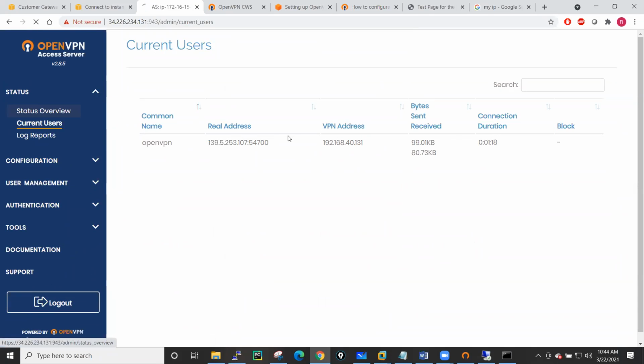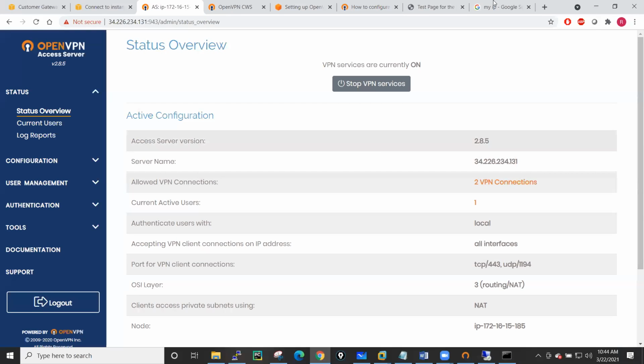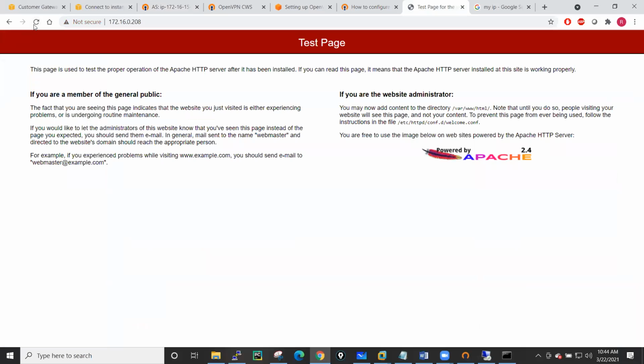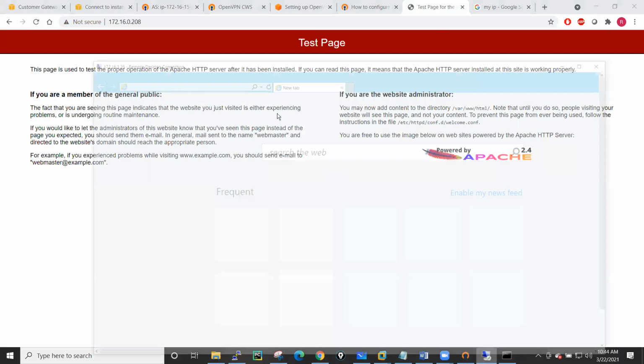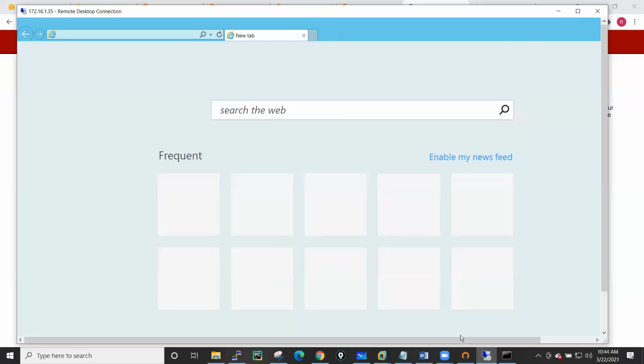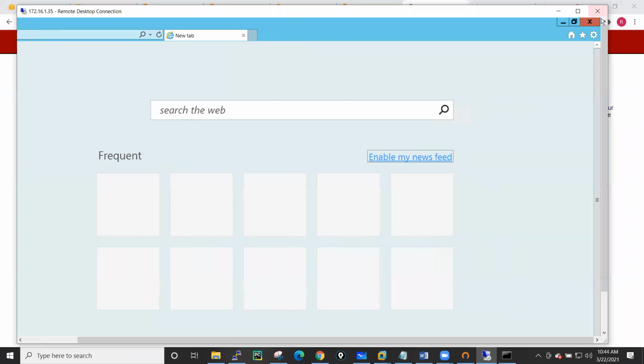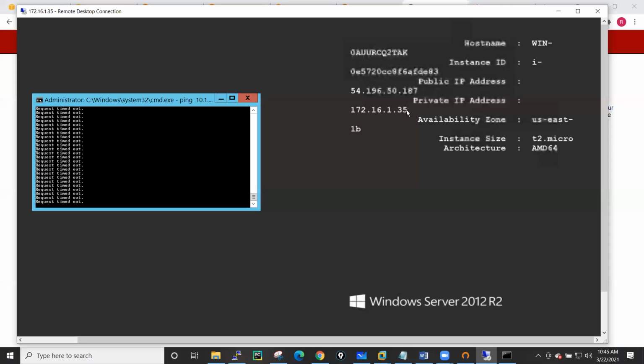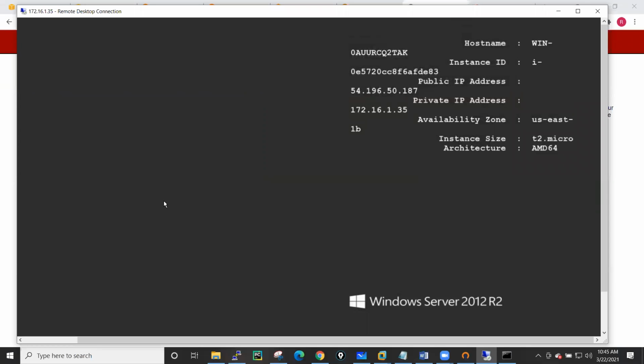Okay, and this is the status overview. And if you try to test this one, you will still have access to this particular machine. We will also have access to our machine which we have deployed in AWS, this Windows server. Okay,